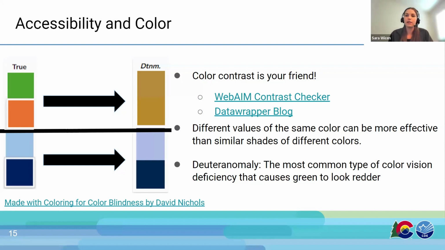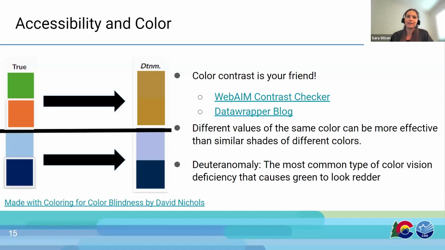On the other hand, the colors below, the blue with different shades, are much easier to decipher. A point I've learned over the years is that different shades of the same color are often more accessible than different colors, because the different colors you use may have a similar shade, and that can be problematic. About 1 out of 12 men and 1 out of every 200 women have color vision deficiencies. So it is really important to be careful with the colors you're using.